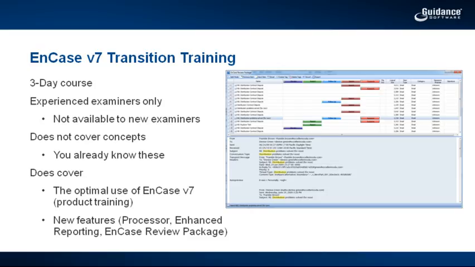Look, you already know how to acquire evidence, what a hash is, what information is needed for a report, and you know things that have made you successful in the past. And in this course, we're not going to try to retrain you on those things. Rather, what we're trying to do here is show you how these things are now achieved in version 7 and improved in version 7. In addition, we will cover important new features like workflow, enhanced reporting, the EnCase review package,